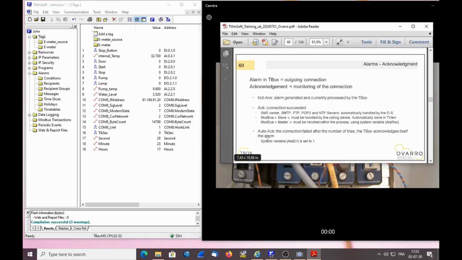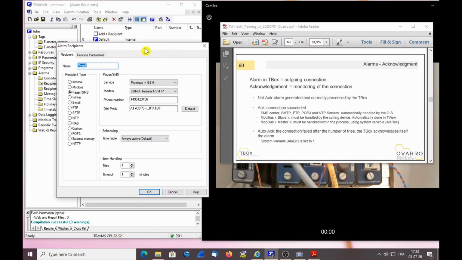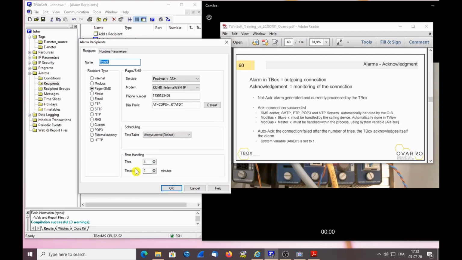If the alarm fails after the number of tries, the alarm is auto-acknowledged. And there is a system variable which informs you on the fact that an alarm has been auto-acknowledged, which constitutes an error for the system. So first, the number of tries. If we go to the recipient, we see that the recipient has a certain number of tries. By default, it's 4. If it fails after 4 tries, the alarm is acknowledged. Not acknowledged because it succeeded, but auto-acknowledged by the system,